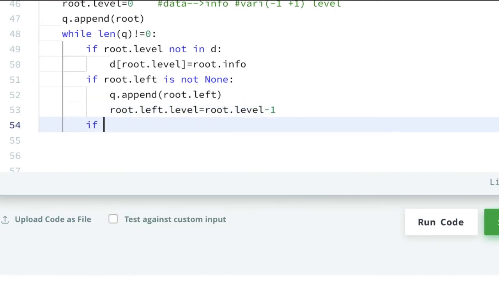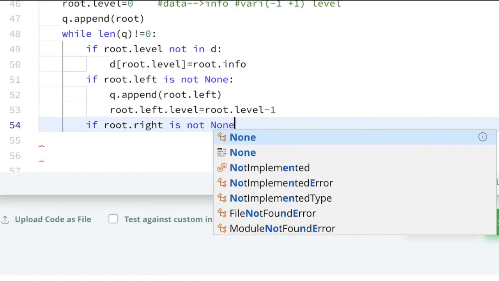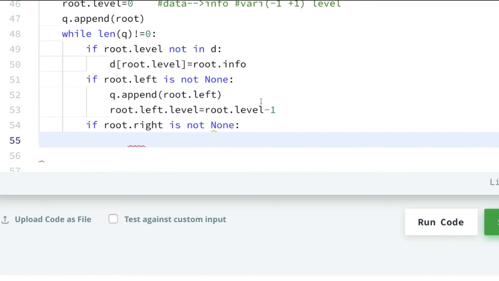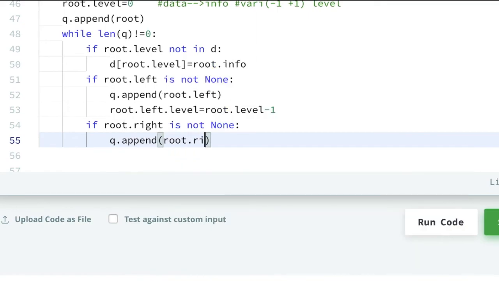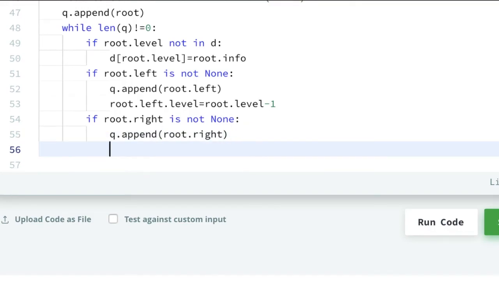We are going to check if root dot right is not none. If it is not none, then we are going to do the same thing. Means we have to append to the queue the right child, root dot right, correct, and after that we have to add 1 to the current value.